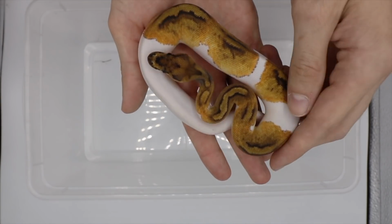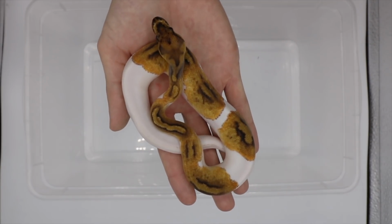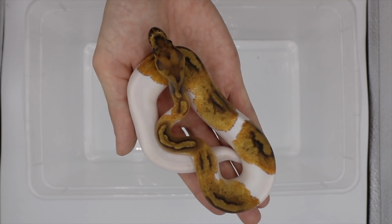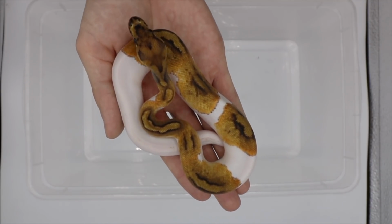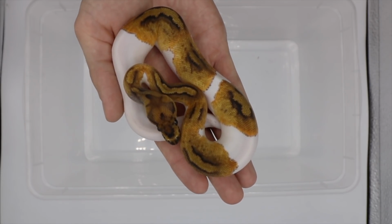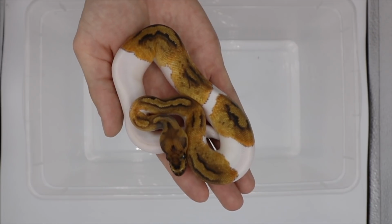This was my most anticipated snake, most anticipated clutch, most anticipated everything from this year. This is the Fire Clown Pied. She, I believe, is a world's first. I've never seen one before. She's absolutely stunning, and